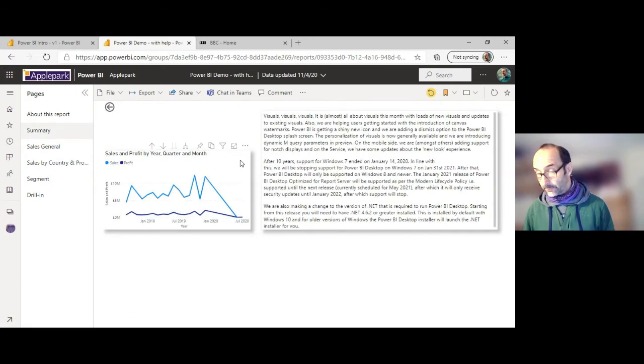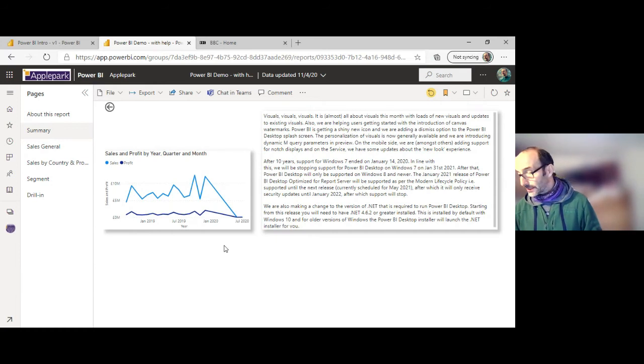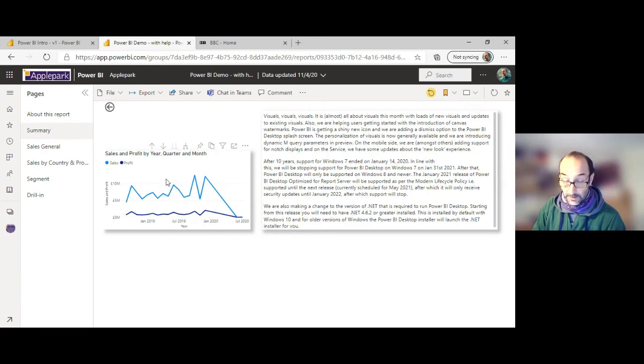All the other visuals are removed. And then again, I put the same sort of text in there just to explain exactly what that visual is showing. But because we're going to a new page, and it's very obvious we're going to a new page, I could put 3 or 4 different visuals on here to help describe what we're doing with this particular sales and profit by year visual.